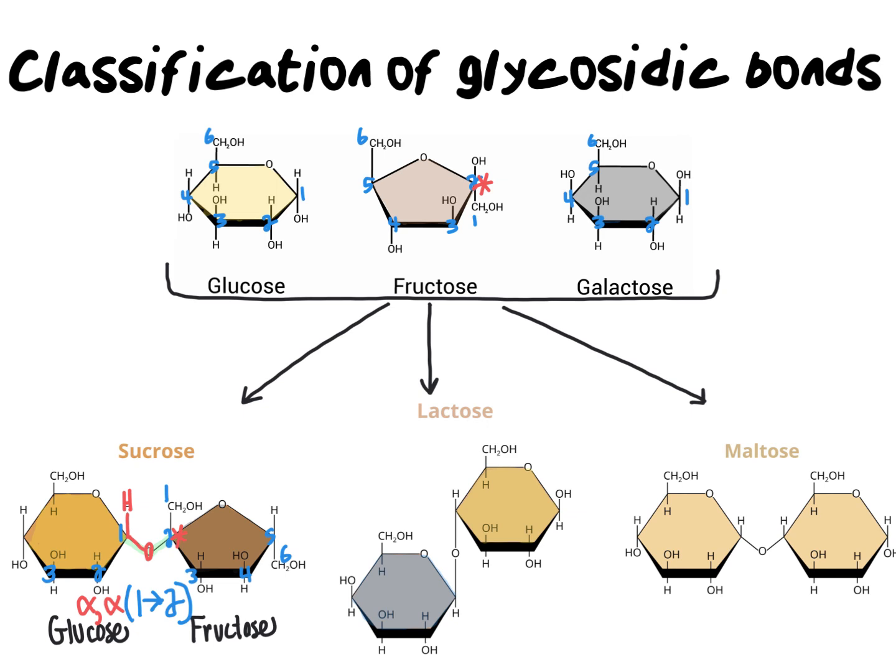Now let's continue this exercise for lactose. In the case of lactose, we have a galactose unit here on the left, and I'll abbreviate that as gal, and we have a glucose unit here on the right, matching this up with the structure here and the structure here. In the case of this lactose molecule that we have drawn, we take a look at our galactose molecule. Our galactose molecule has the hemiacetal carbon here,